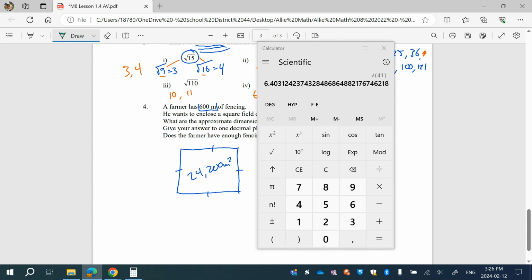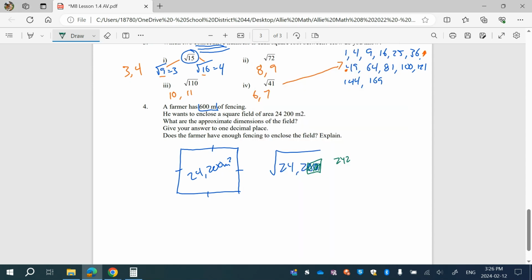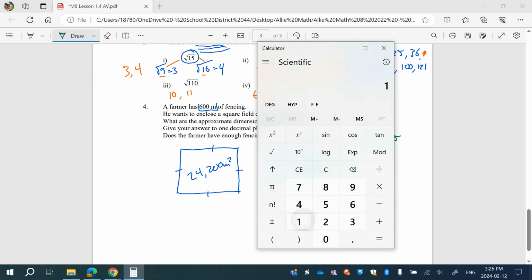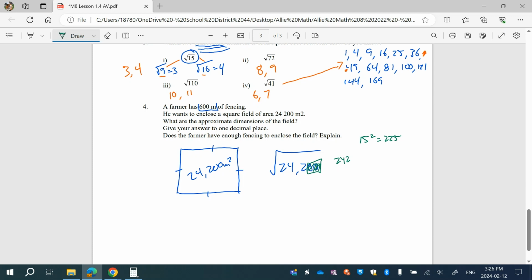Because if I go 15 squared, that's 225. And 16 squared is 256. So our 242 is going to be between those two. Okay, so I can estimate